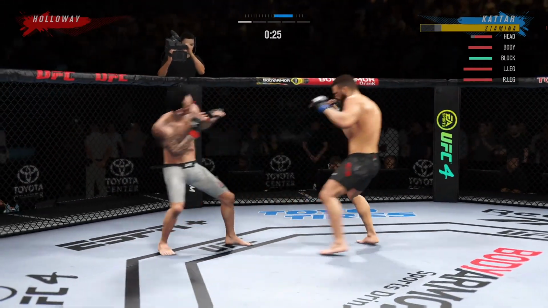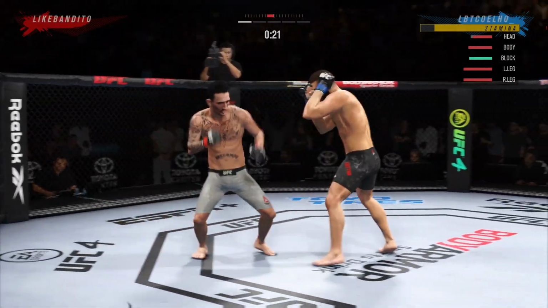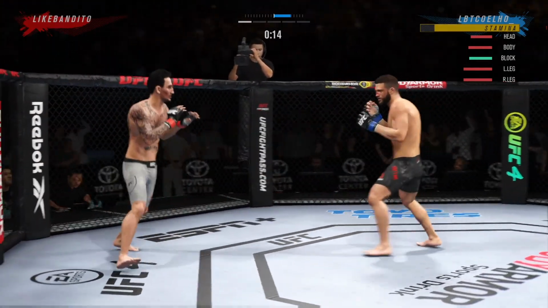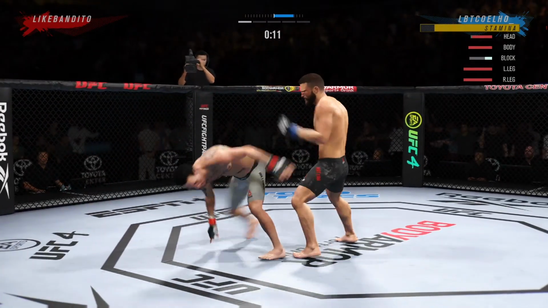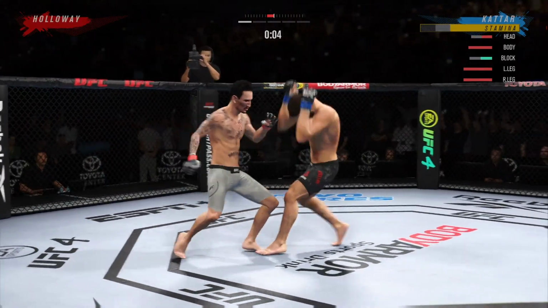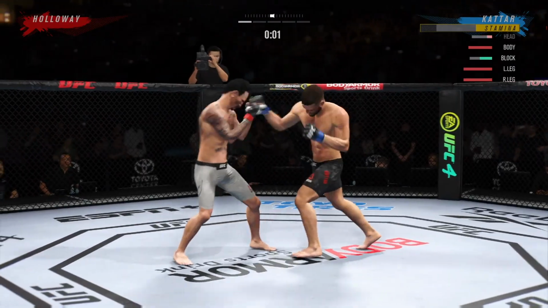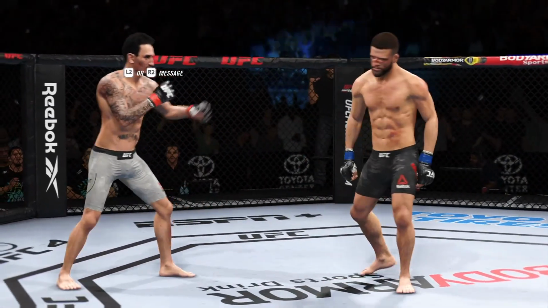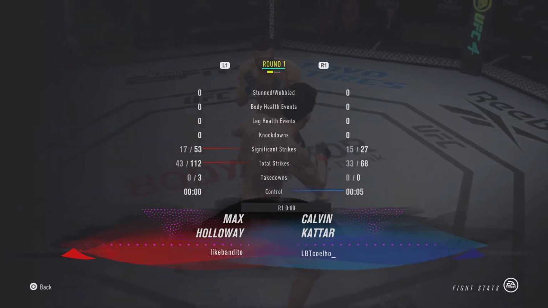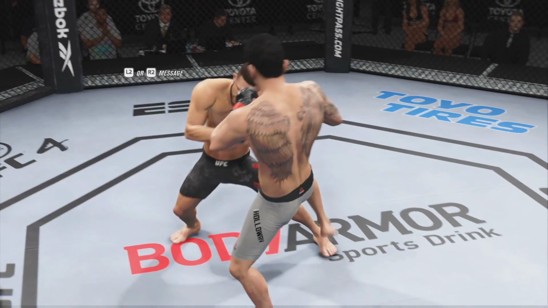and maybe throw the leg kicks, which is what I think Max is going to try to do throughout the fight to stop him moving in and out of the pocket. So good. So yeah, overall I'm expecting this to be an amazing fight, and just looking at Max Holloway's resume, if Calvin Kattar can beat him, especially if he finishes him, the featherweight division is going to get that much more